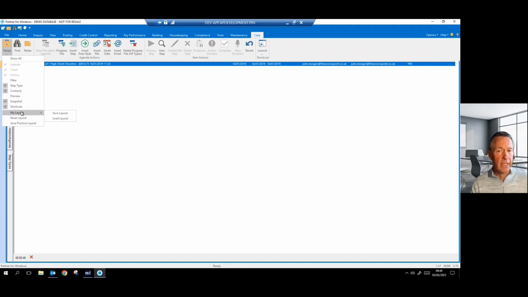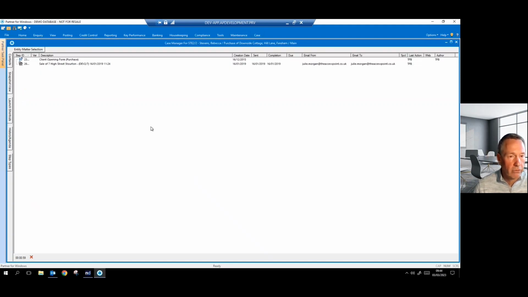And then if anything goes awry with that layout, you accidentally close one of the panes for example, you can load your particular layout thereafter. That will effectively override what has been set as the practice layout,